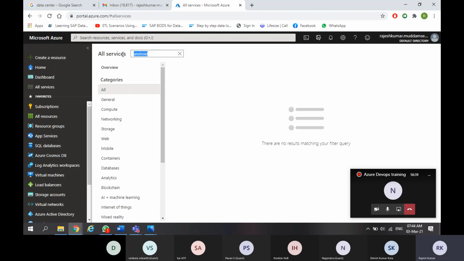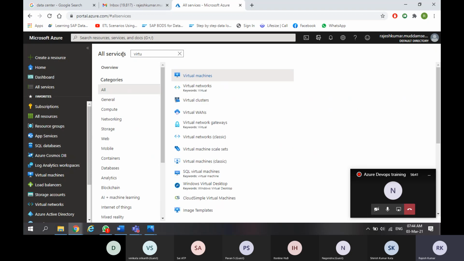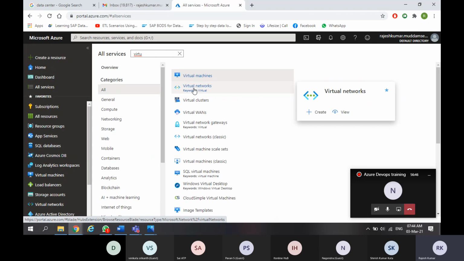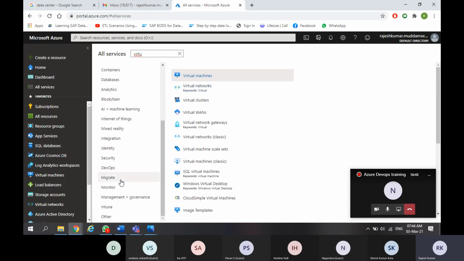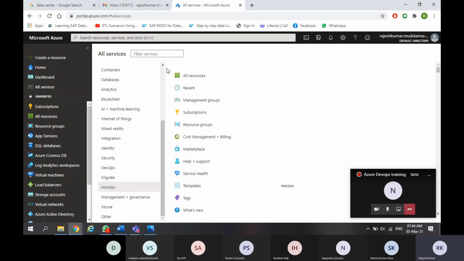Suppose I want to have a virtual machine, yes, virtual machines are readily available. Virtual networks are readily available. If you want to monitor your application which is already running somewhere,